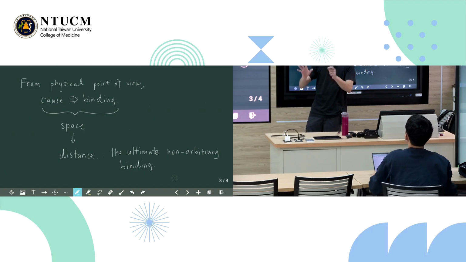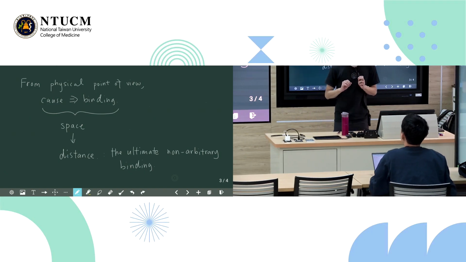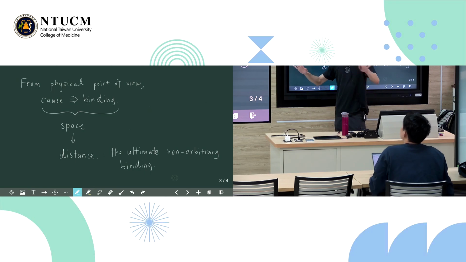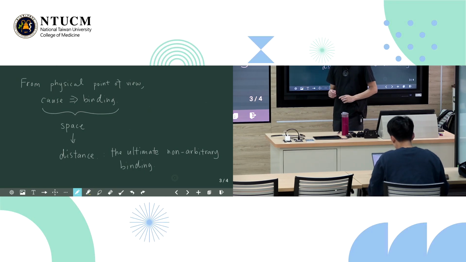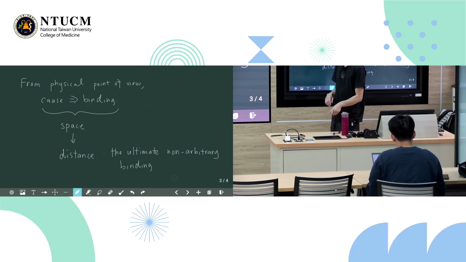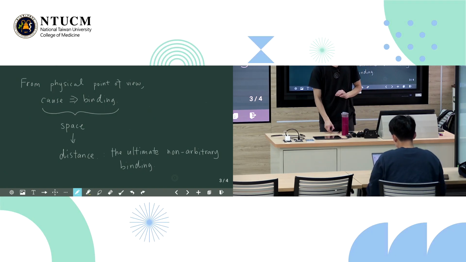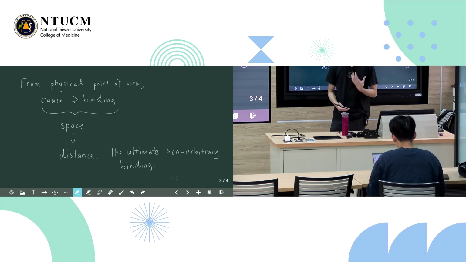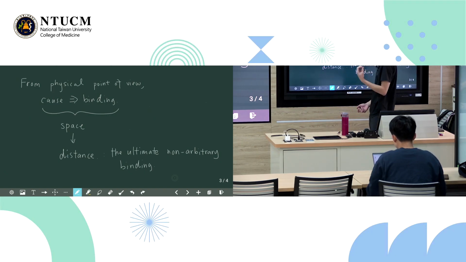Well, maybe they have some very, very special case. But in general, at least from our psychological visual experience, no one has ever suddenly appeared out of nowhere from somewhere else. They took some time to get to that position. And that is about distance, and that is about space, right? So space is the ultimate binding here, or distance, the equivalent.